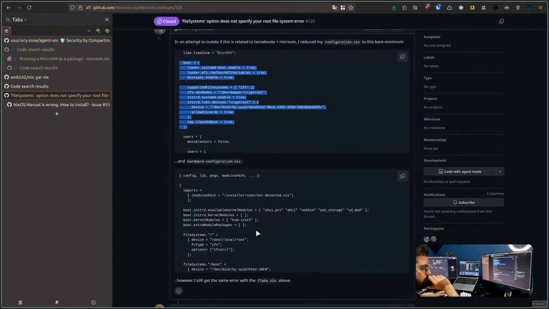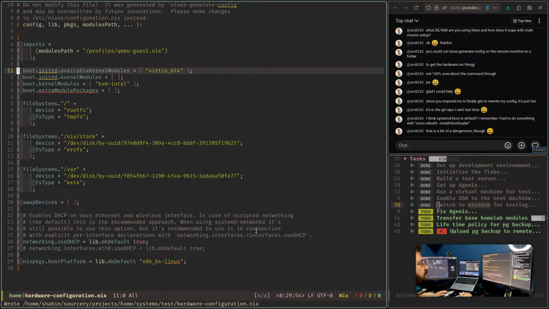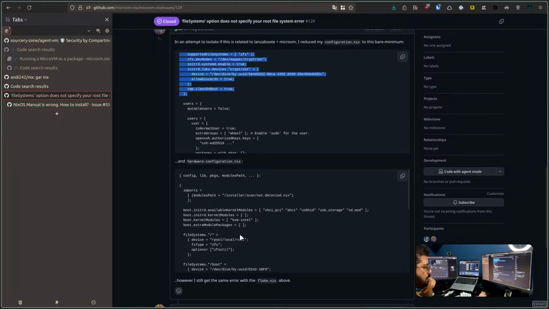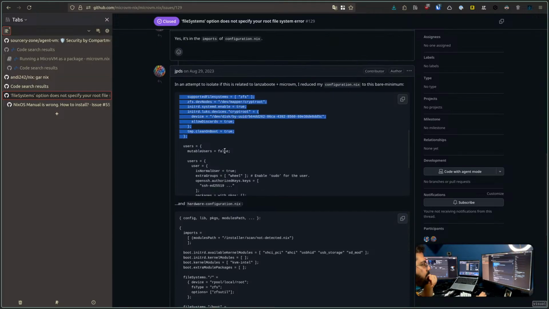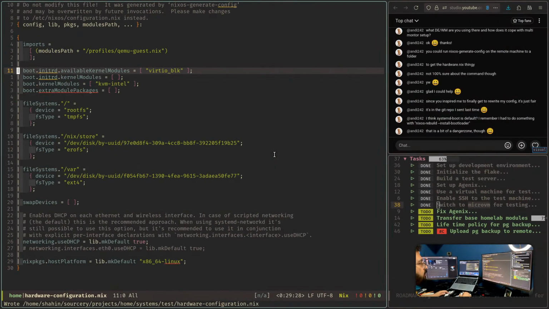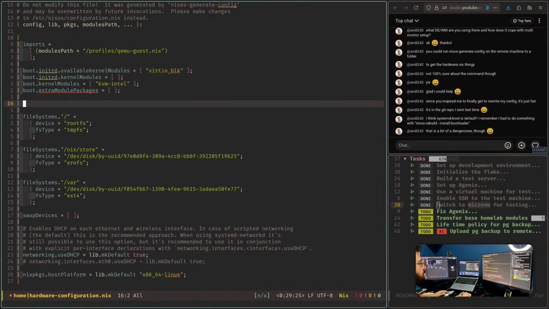what they have. USB host, USB storage, SDHCI, AHCI. These are not the modules I need, I think. Virtual block should be fine. I just cannot find the device that is needed for this, but let's try it out. Worst case scenario, I will break my machine and I rebuild it, right? So here I'm going to